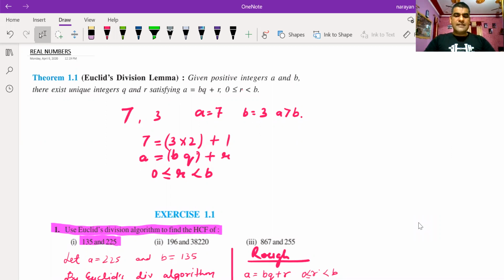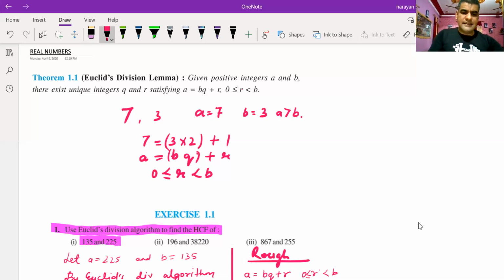So let us try to understand this with the help of an example. If we take two numbers, let's say one number is 7 and the other number is 3, we can represent one number in the form of the other number. So let us see how we can do that. This is a very simple process. There's nothing different from the division method you are very familiar with and have been doing for the last many years from class 3, 4 onwards. So there's nothing new in it, but you'll have to understand it in a different way.